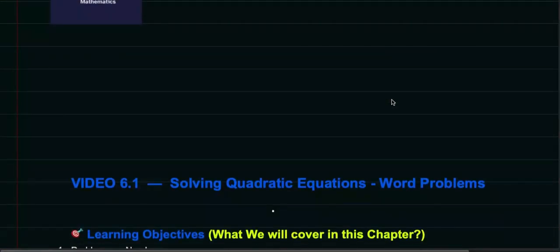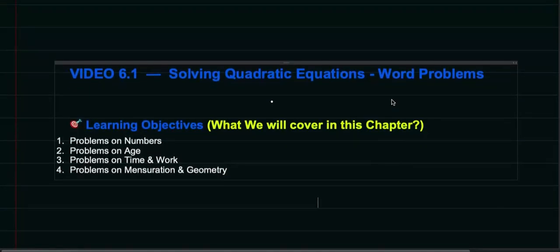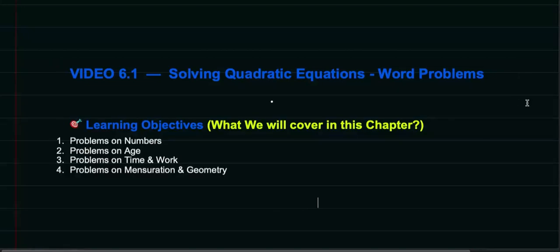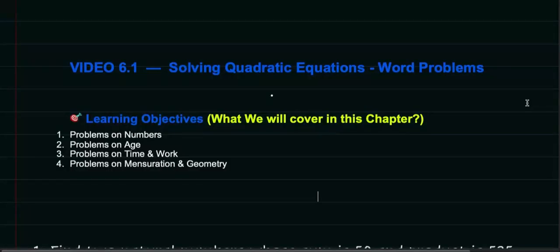Today we are going to start a new chapter, which is solving quadratic equations word problems. There are different types of problems in this chapter: problems on numbers, age, time and work, mensuration and geometry. We are going to do at least one or two types in today's video, then the rest of the exercise in the next video. So be with me for the next 20 minutes and we are going to solve the most important problems of this